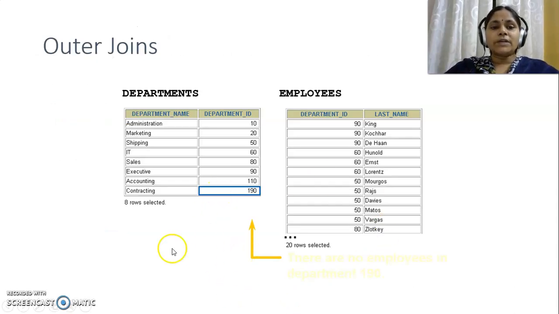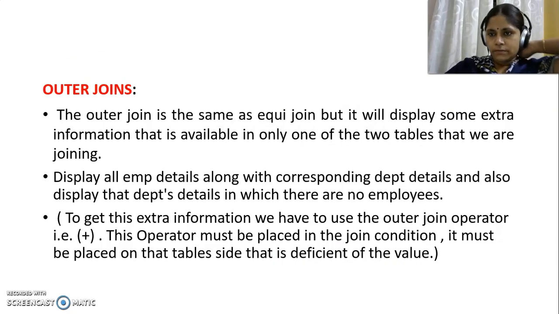Next one is outer join. As I already told, there are three types of outer join: left outer join, right outer join, and full outer join. Here we can see in the department table we have 8 rows, and in the employee table we have 20 rows. Outer join is the same as the equijoin, but the important thing is it will display some extra information that is available in any one of the two tables that we are joining.